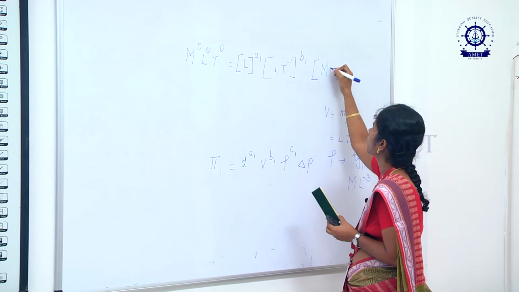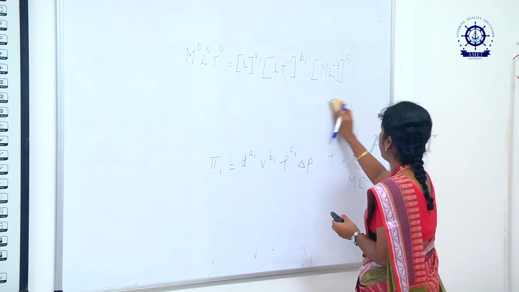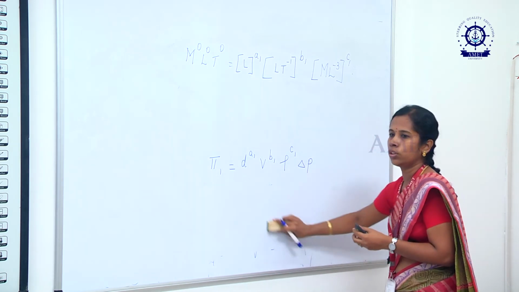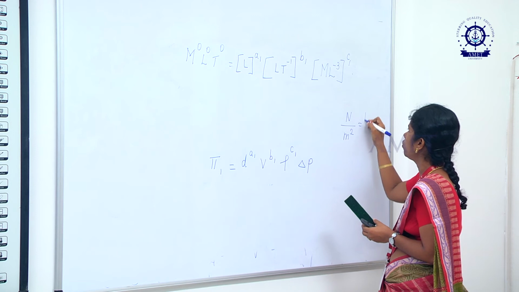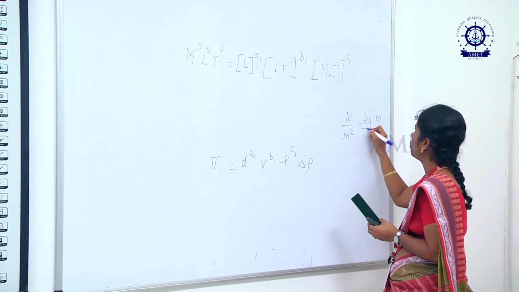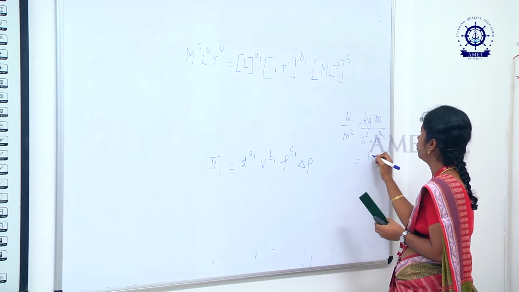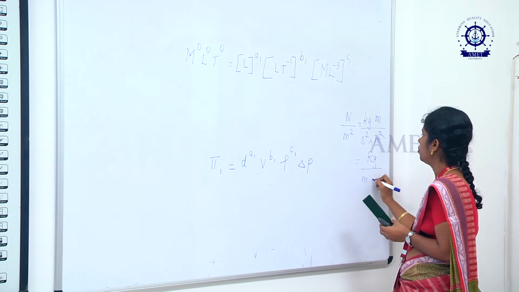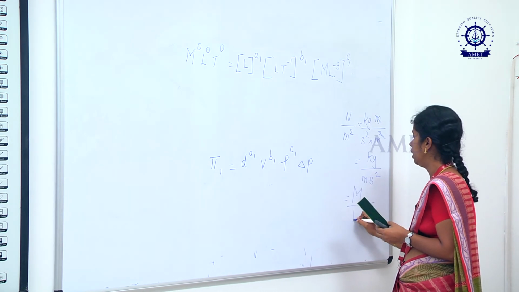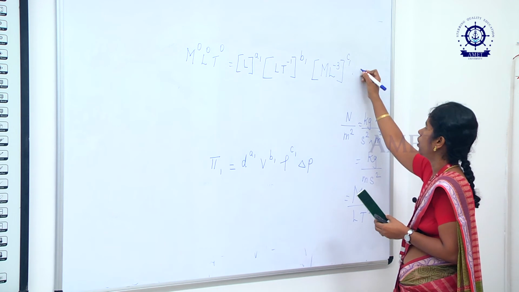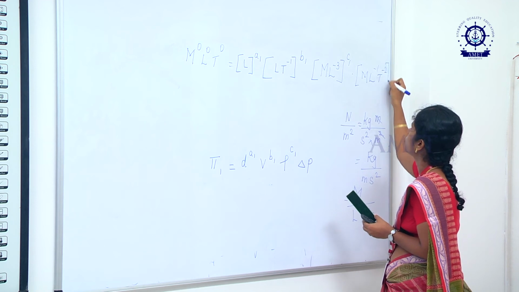So, it is M L power minus 3 power C1 into pressure drop, which will be force acting on a unit area. So, it is Newton per meter square. Newton you can say as kg meter per second square, into meter square. So, meter will go off, the unit becomes kg per meter second square. So, the dimension will become M by L T square. So, I can say M L power minus 1 T power minus 2.